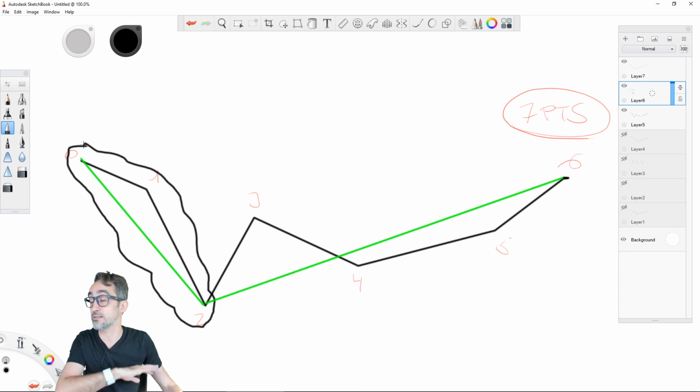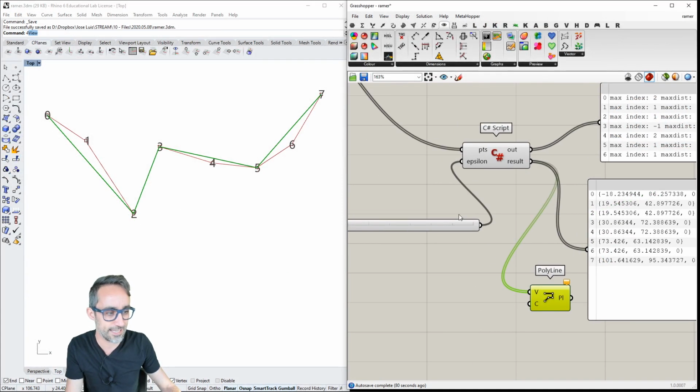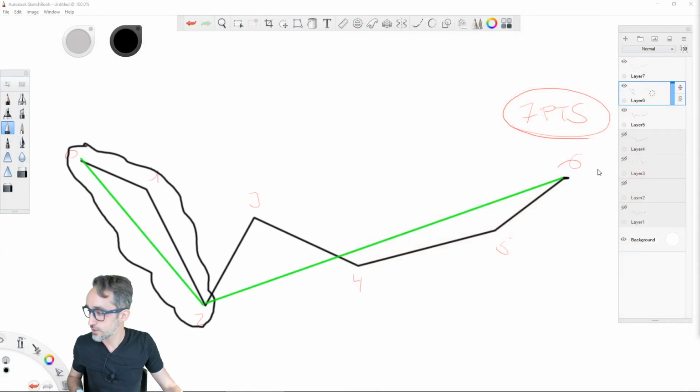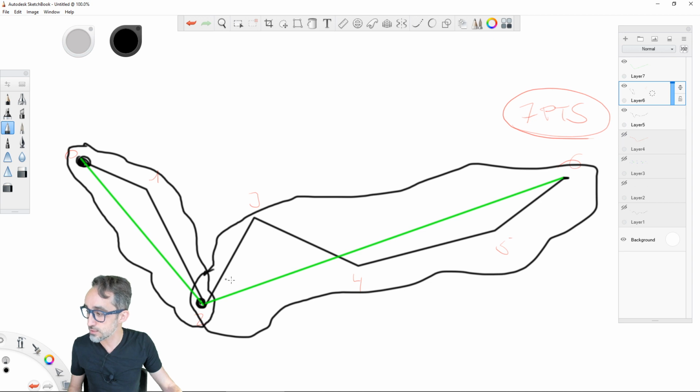And imagine that it simplifies completely. Like, imagine that it simplifies like in this scenario here, all right? Where all the points on both ends are absolutely simplified. So I'm only left with point 0 and point 2. And imagine that all this stuff also gets absolutely simplified and I'm only left with vertex 2 and vertex 6.